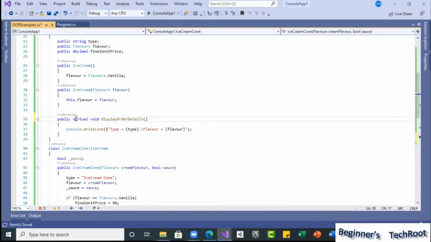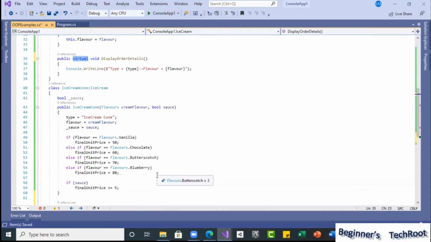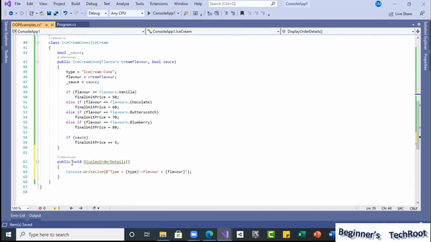When we use the virtual keyword for this method, automatically when you derive from this base class, in the derived class you can override this method. So now here I can use override so that we can make the polymorphism, runtime polymorphism. Okay, so override I am using.